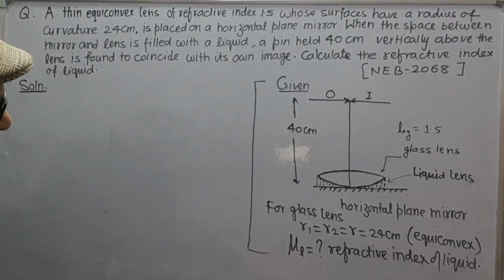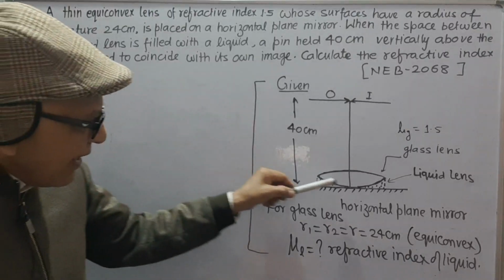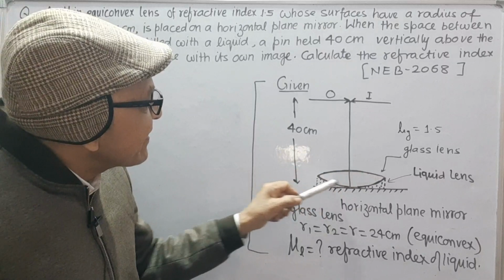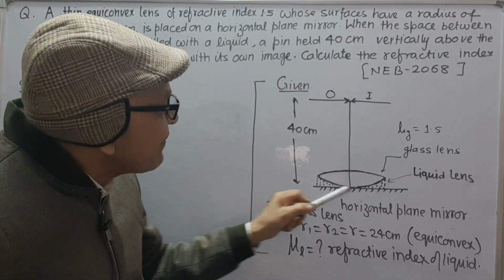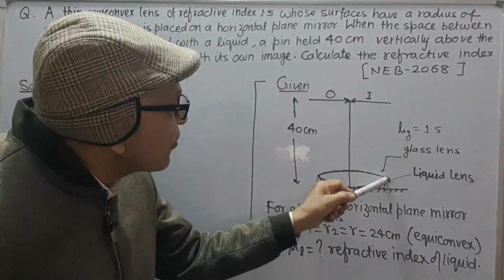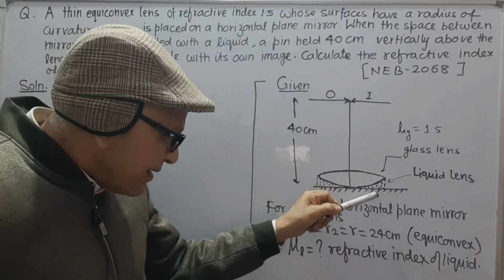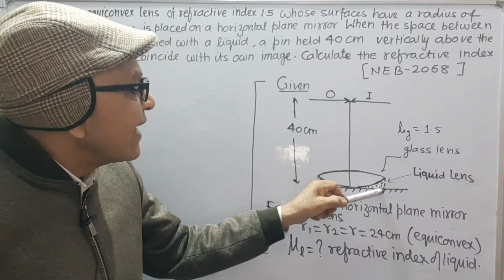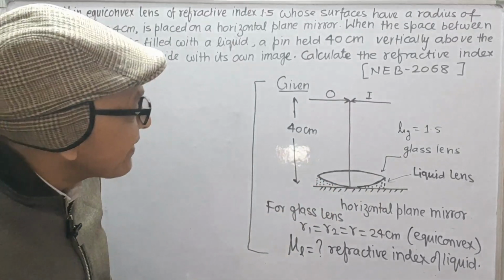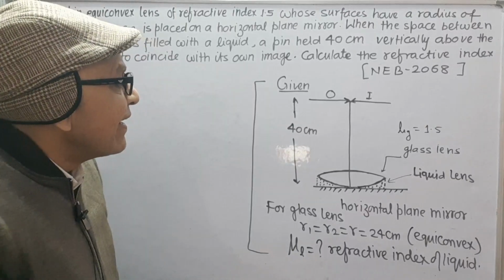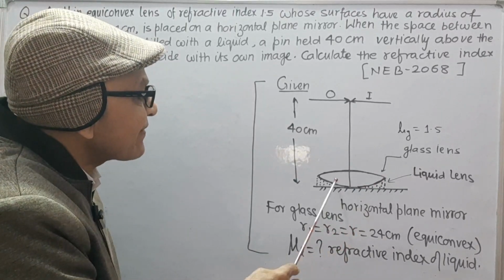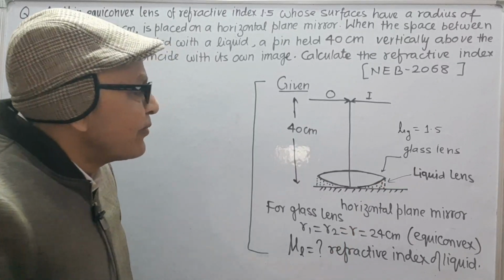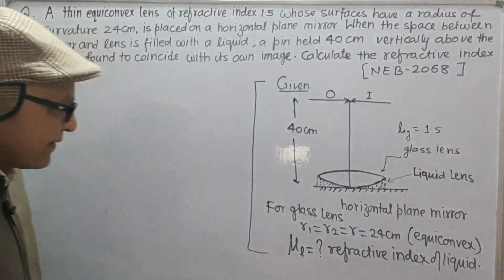Solution. As it is clear from the diagram, this is glass lens and liquid also forms a liquid lens which is plano-concave lens. One surface of liquid lens has infinite radius of curvature and the other surface is getting its shape from the glass lens, but being concave, its value will be negative. So,